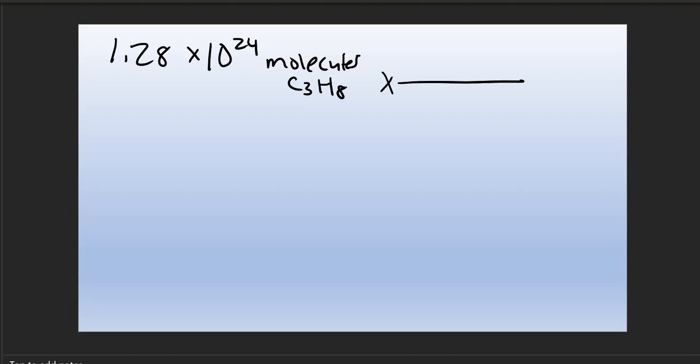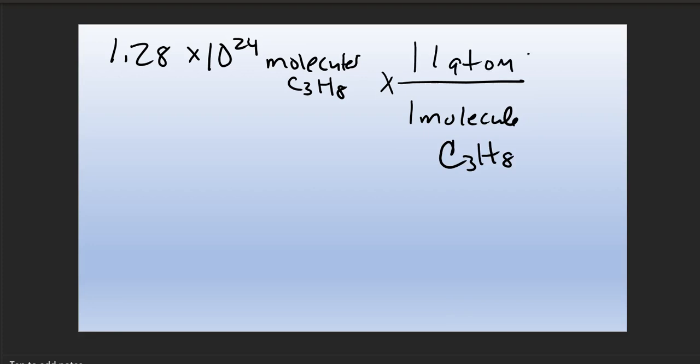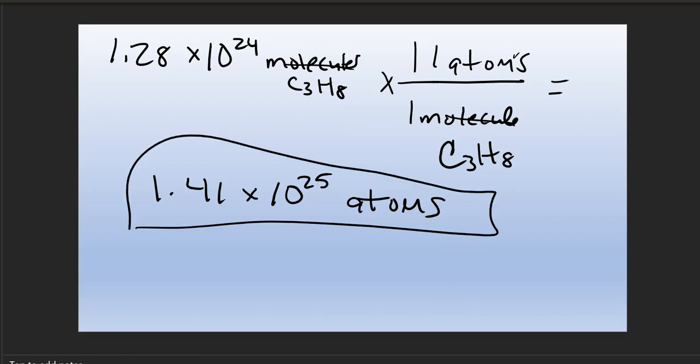Here we're going to use that 1 molecule of propane, so we put that on the bottom to cancel. It has 11 atoms in it. So that's 11 atoms per molecule. That's what that's saying. Molecules of propane cancel, and when you multiply that times 11, you get 1.41 times 10 to the 25th. That'll be total atoms in